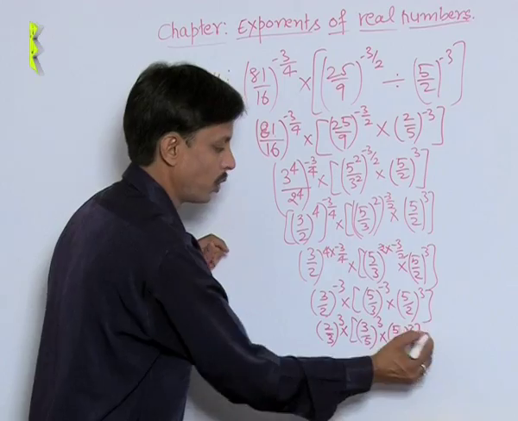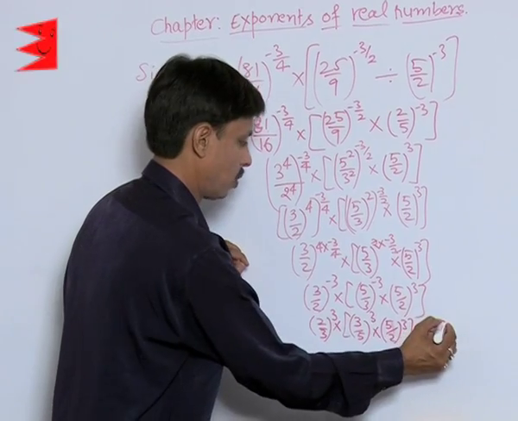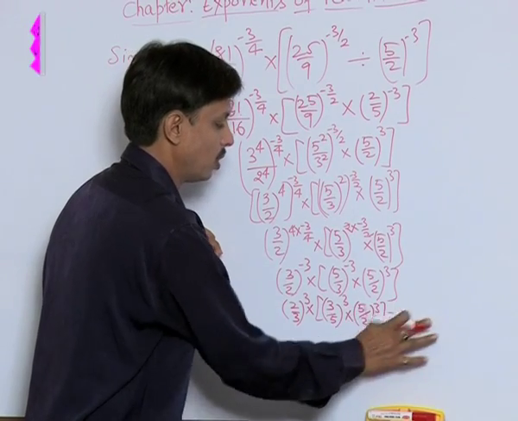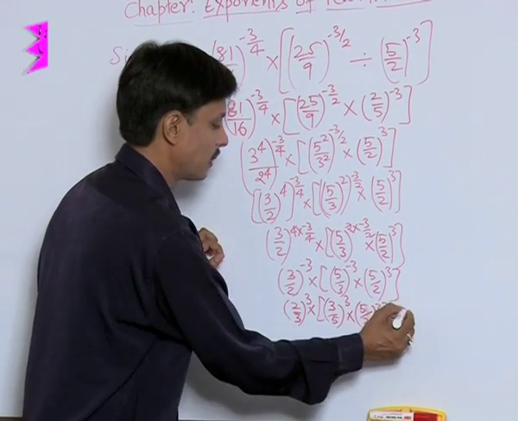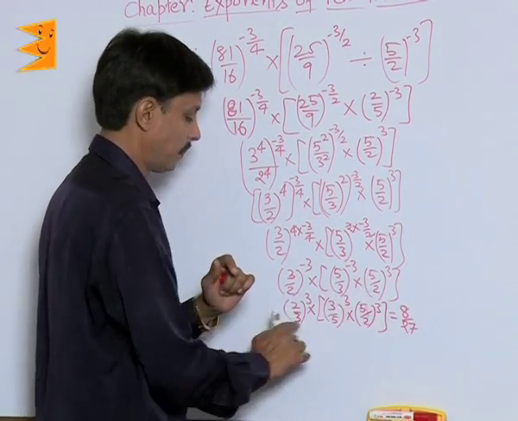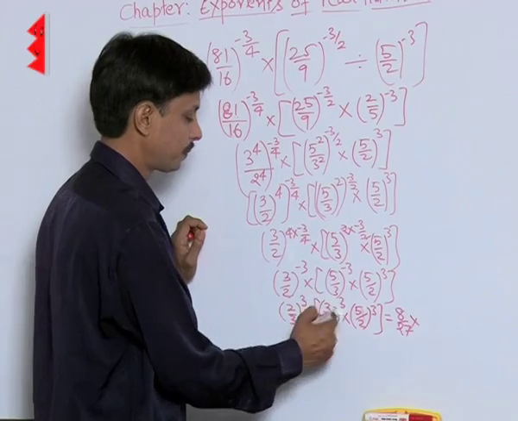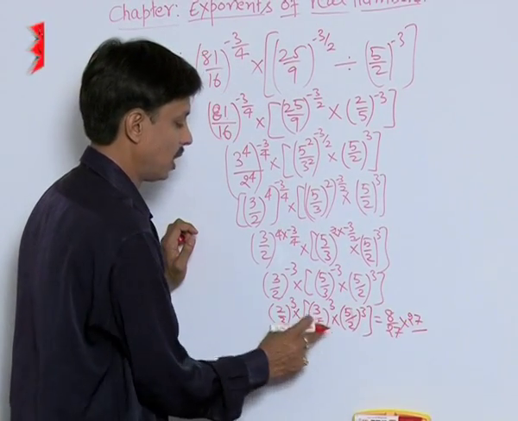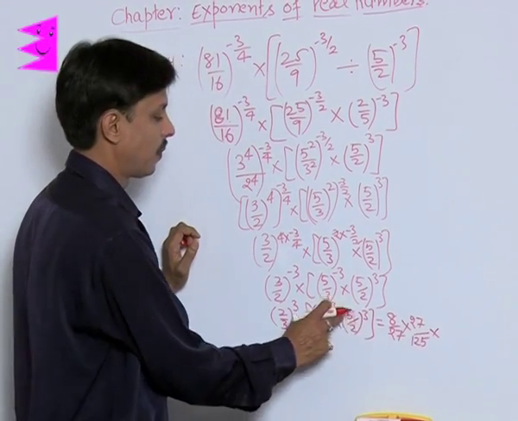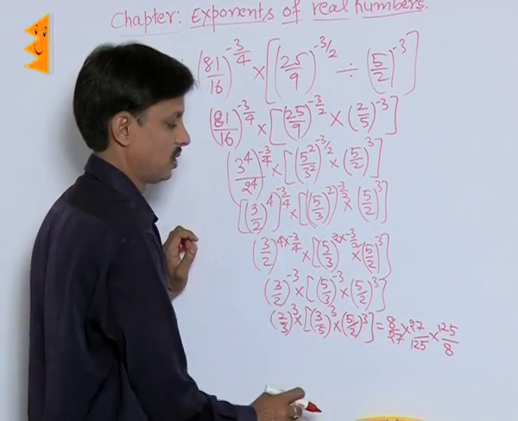So I am going to show you the result here. How? This becomes 2 by 3 once, then 2 by 3 twice, then 2 by 3, or in simplified form you can say (2/3)^3 means 8 by 27. That is 2, 2, 2, three times multiplication, 8, and 3, 3, 3 is 27. Multiplied by 3 cube, it is 27, and 5, 5, 5 becomes 125. Multiplied by 5 cube, 125 divided by 8, because 2 cube is this.